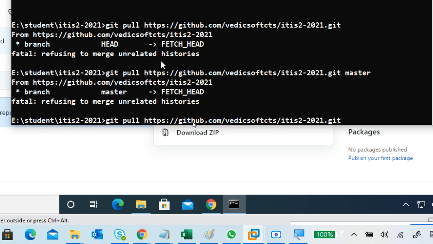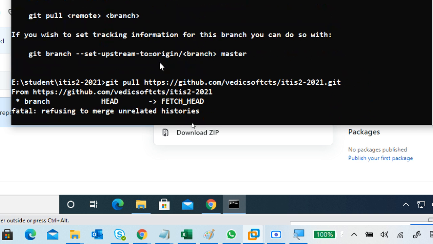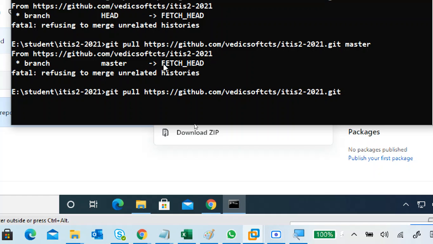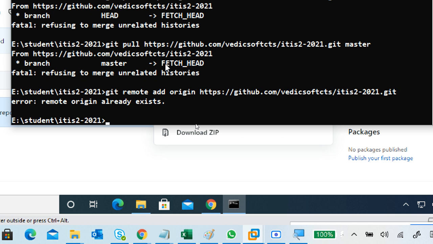So you'll get this kind of issue in your system because it's not added properly or anything. So I will try once again. Git remote add origin the link. That is already existing. No problem.